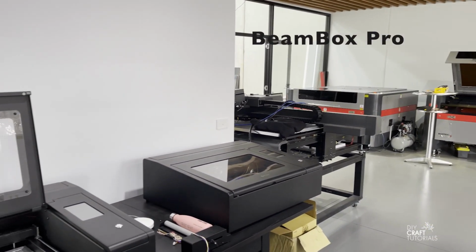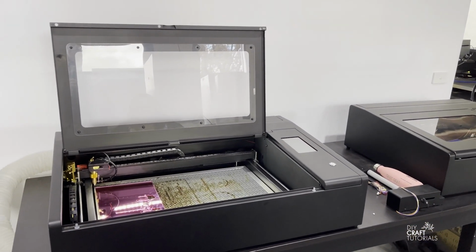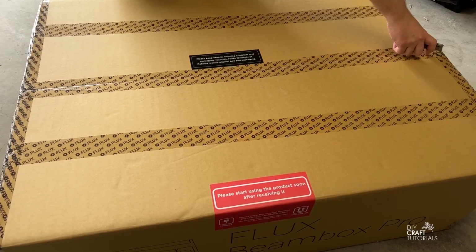This is the laser cutter that I've added to my family of cutting machines, and I'm really excited to show you everything that this machine can do. This is just a quick video to show you what happens when you purchase one of these and what's inside